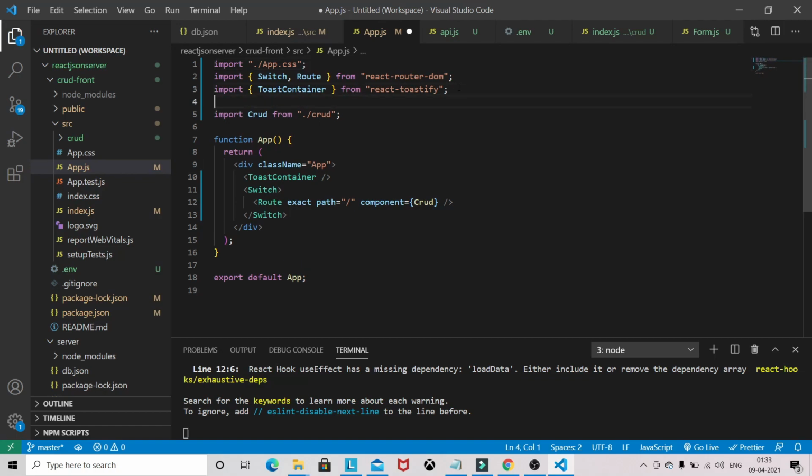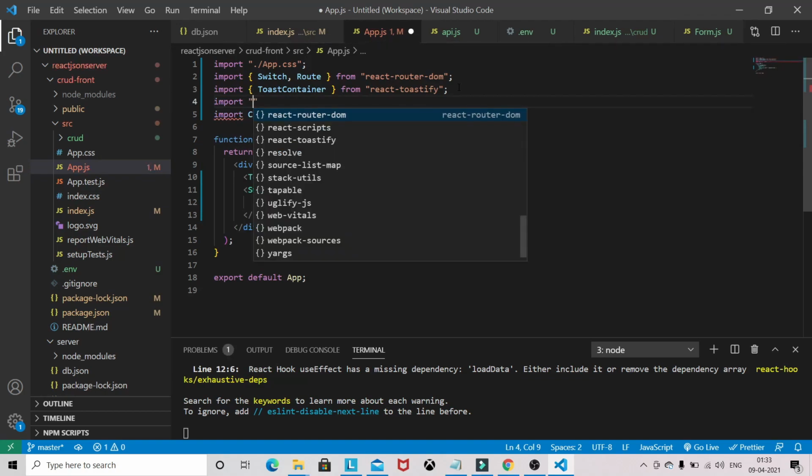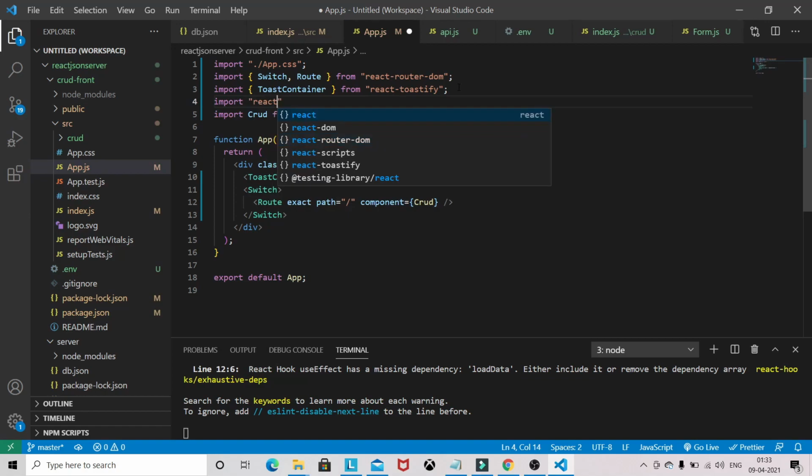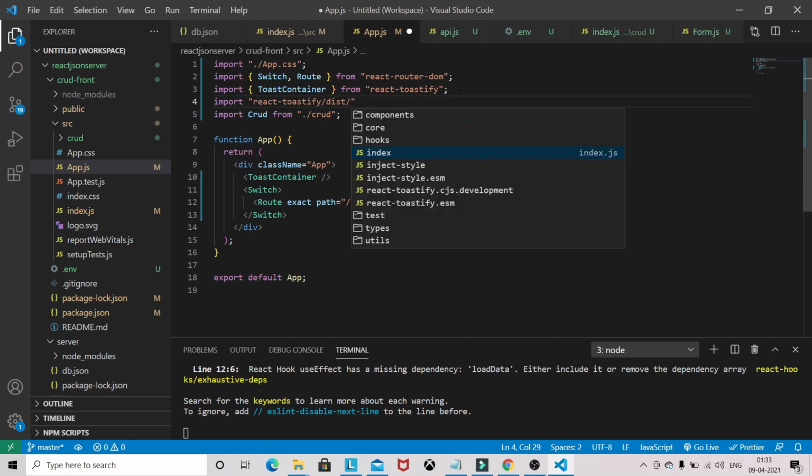So we need to import that CSS file, so that way only it will work. That toast notification CSS file we need from node modules.